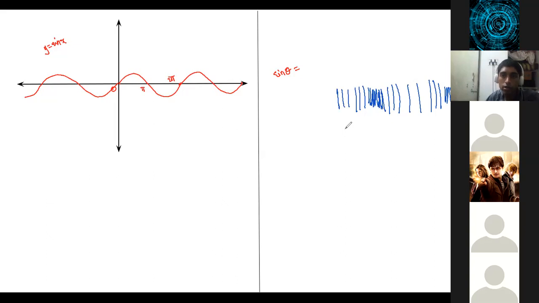Sound wave is like you're standing in a queue. I don't know, do you guys have assembly in school? Yes, sir. Let us say all of you are standing like this, and somehow let us say someone didn't get breakfast at home. Something, your mother was angry or something. So you just push this guy. So what will happen? If you push this guy, then this guy will also go forward and he'll push this guy. And this guy will also go forward and push this guy. And he'll fall forward. So this is a sound wave. This is how a sound wave travels.